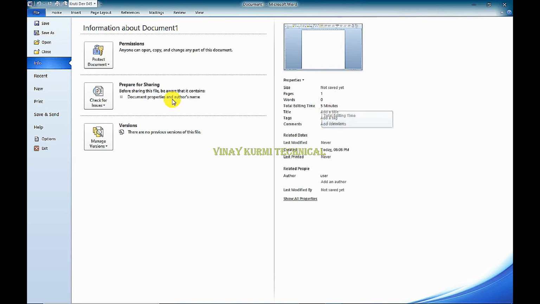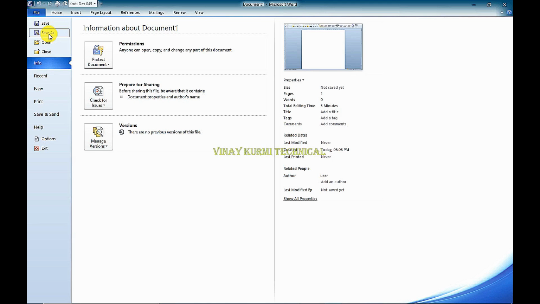Okay, the first column of the Backstage View will have the following options and descriptions. I will tell you what the difference is between Save and Save As. First, what is Save? If an existing document is opened, it will be saved as is. Otherwise, it will display the dialog box asking for the document name. Okay, and that is Save As. A dialog box will be displayed asking for the document name and document type. By default, it will save in 2010 format with the extension